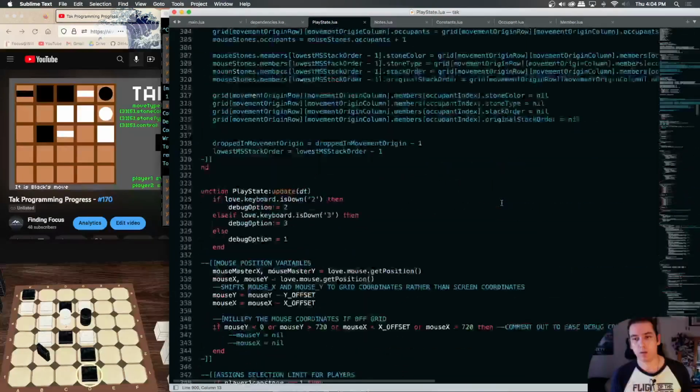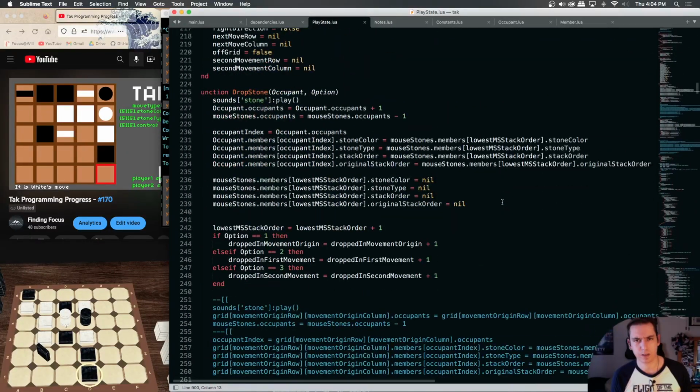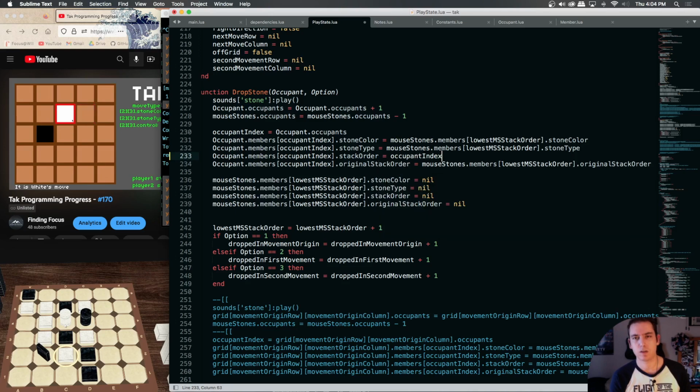So if we take a look at our drop stone function, we do something very similar. We increase our occupants. We then set our occupant index to be equal to that occupant index. Now here's where the mistake is. Instead of copying over the same exact stack order from our mouse stone members, what we're trying to put here is our occupant index,